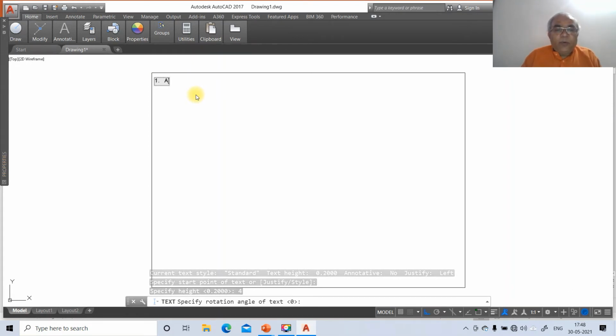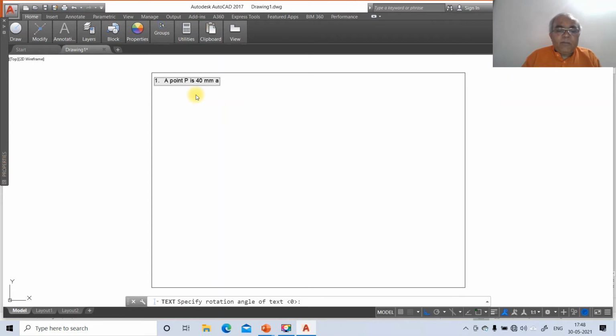Problem number 1. A point capital P is 40 mm above HP, 30 mm in front of VP and 50 mm from RPP. Draw its projections. So this is the problem.